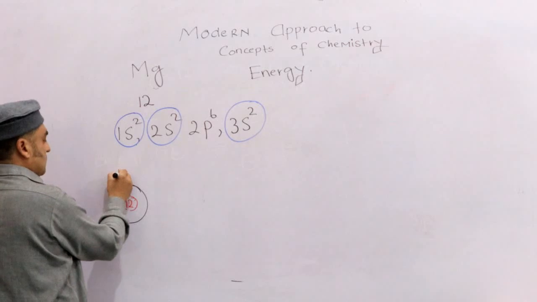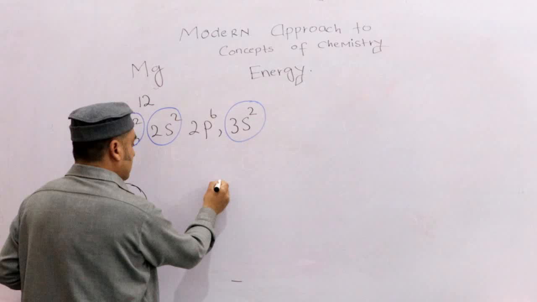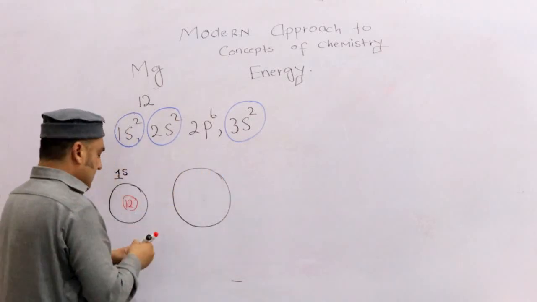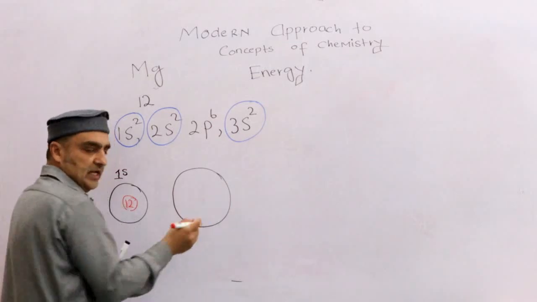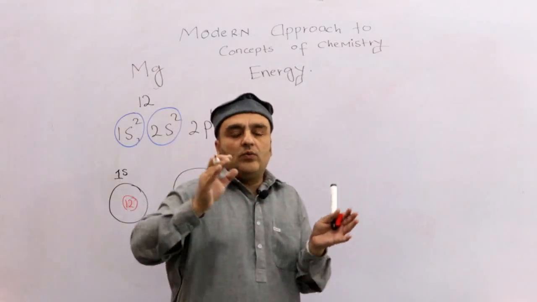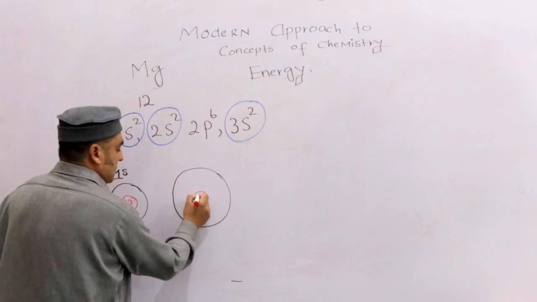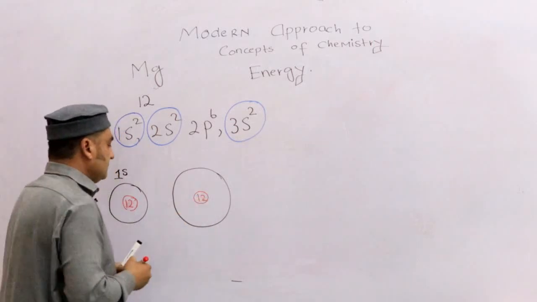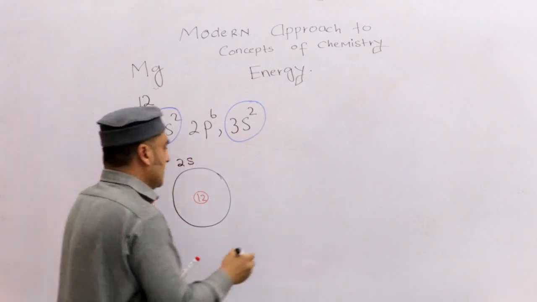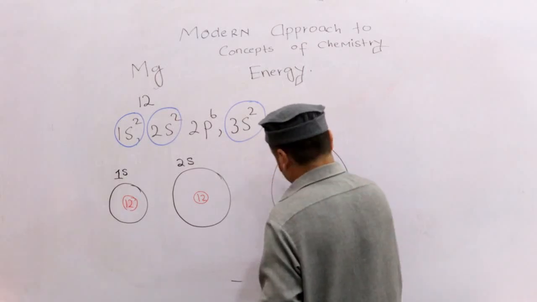And what is this? This is the 1s orbital. Okay. Now let's move to another orbital, a 2s orbital. Again it has a nucleus, and as you know, in the atom the orbitals are present one above each other. Okay. So it has again the same nucleus with 12 protons. This is the 2s orbital. Now let's move to another orbital. This is a 3s orbital